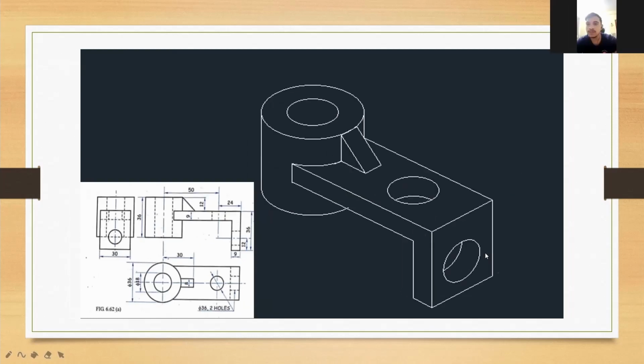Now we draw the isocircle of diameter 36 millimeters on the frontal vertical part of this structure, which is in the center at a distance of 12 millimeters from the downward side. And similarly, draw another isocircle to show its width of 9 millimeters. Trimming the unwanted parts of the isocircle, we get the final structure. This was the process to make the given orthographic view into an isometric view.